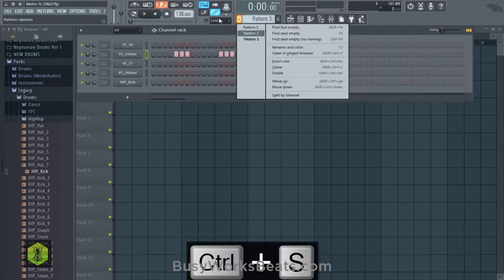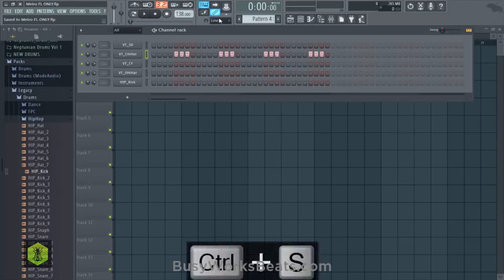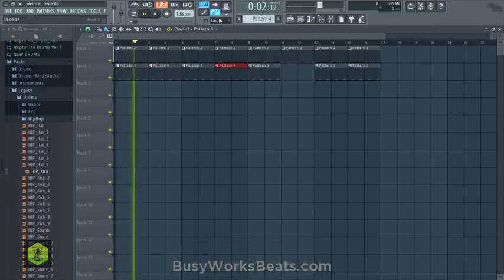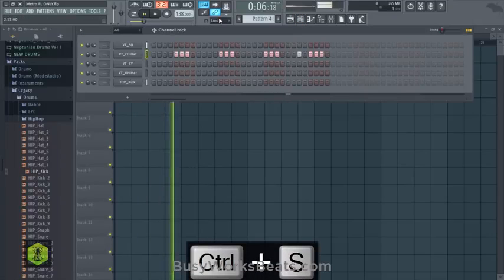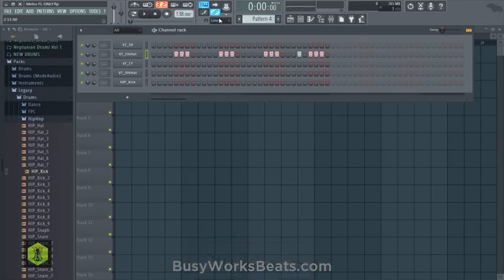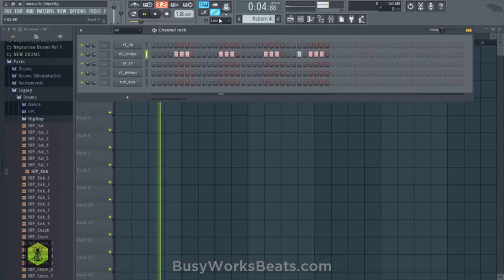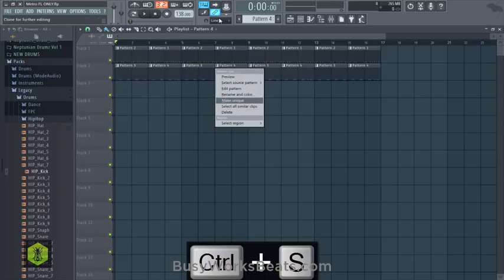I'm going to create a variation just so the beat doesn't sound repetitive. We're going to clone that and add something or take something away. And I'm going to go pattern 3, pattern 4 in the playlist. So I just added another hi-hat in there. That's all I did. Now I'm going to do that one more time, and I'm going to make that pattern